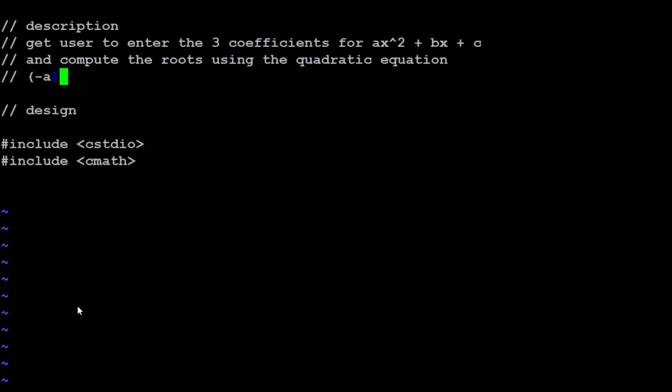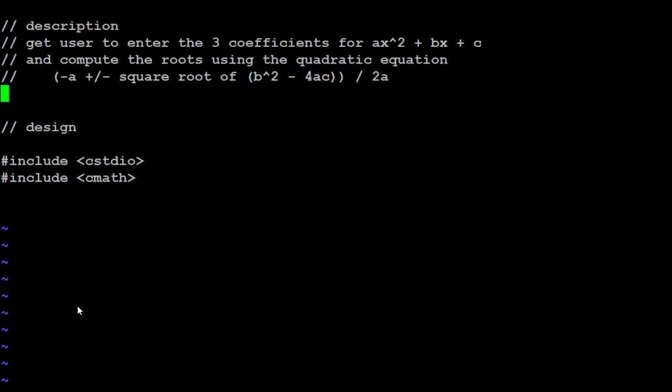negative a plus or minus the square root of b squared minus 4ac all over 2a, if the rusty recesses of my math memory is still correct. So we'll go off and compute these 2 roots. Now,